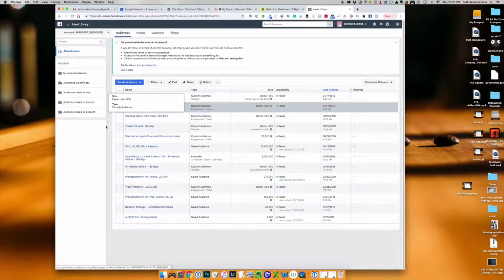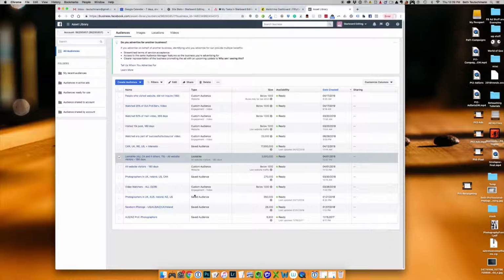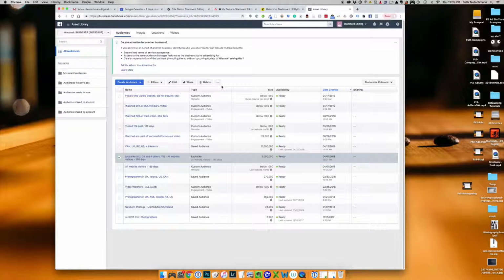Once I do that, it'll usually say that it's populating, and when it's ready, it'll say that it's ready. It'll usually say that it's somewhere around 2 million people if you use 1%, larger if you use a larger percentage. And if you don't want your ideal audience to be that size, which for most local businesses you certainly do not, what you would do would be say, this is a lookalike audience I created some time ago off of website visitors. So I would choose this one, and then I would do create ad, and then from there